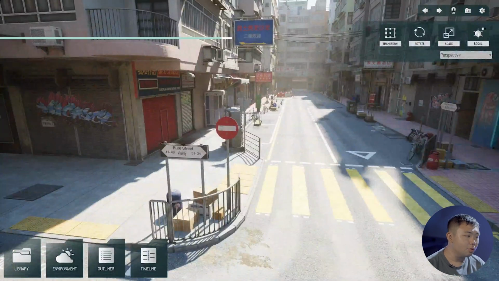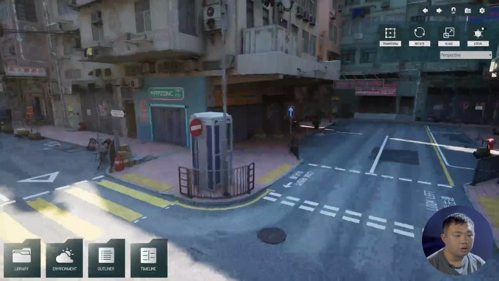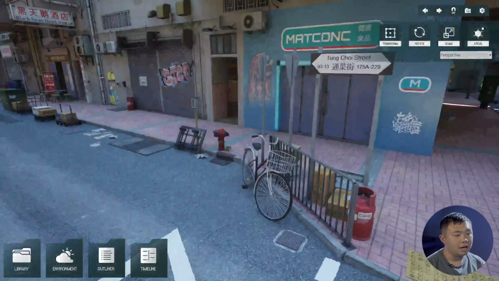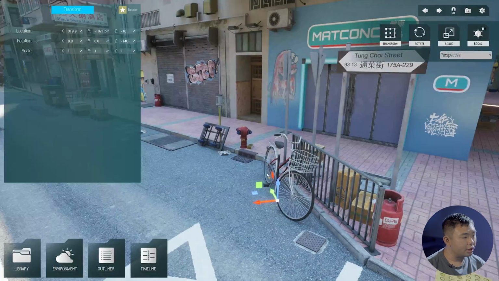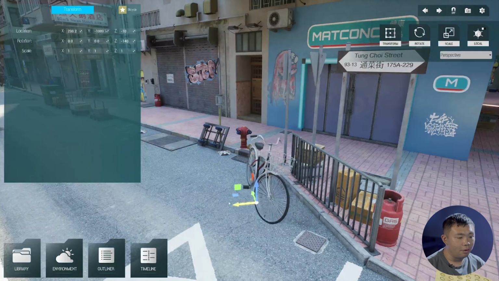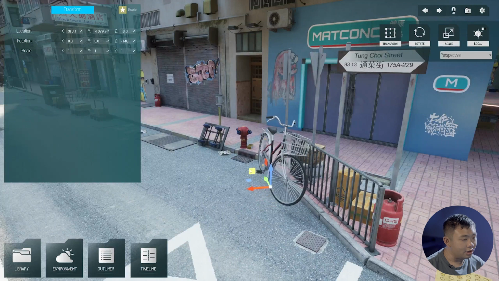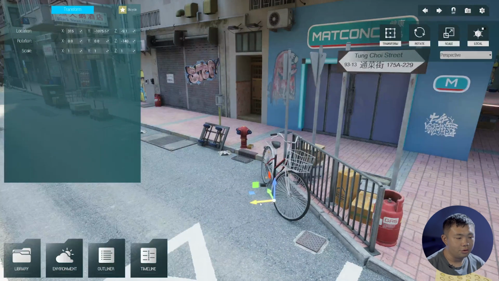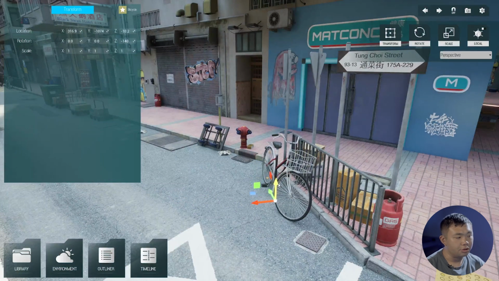Alright, so let's move on to object manipulation. First, let's select an object. So we have lots of objects here. Maybe we select a bike here. So we click here to select the bike. By default, you're in Transform mode. So you may click Transform or press our hotkey W, as you can see on the screen. And then you can move around with different axes. My recommendation is not to move it randomly, like this. Instead, try to use this axis to move your objects. That will be better and easier to control.